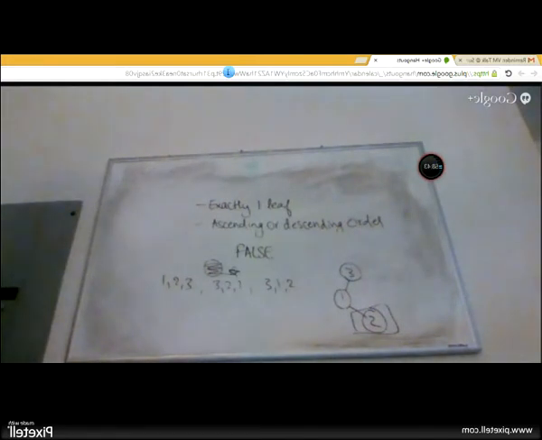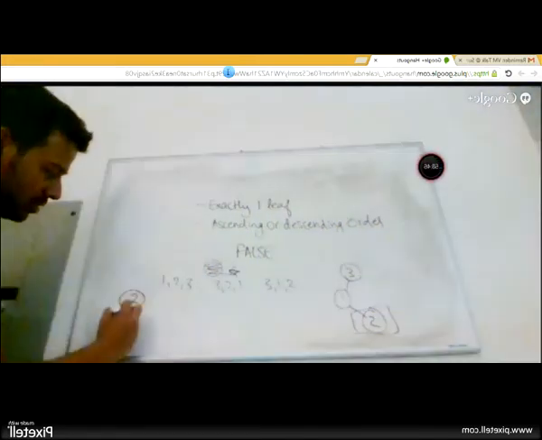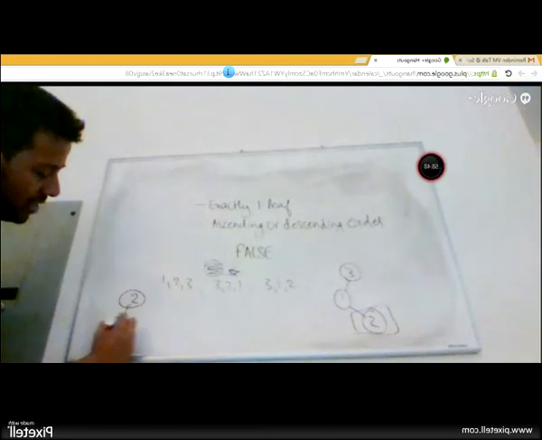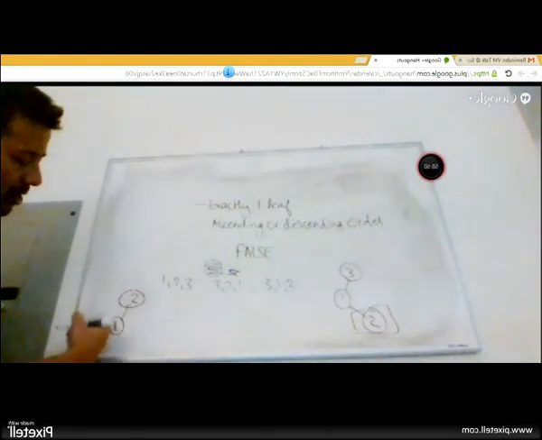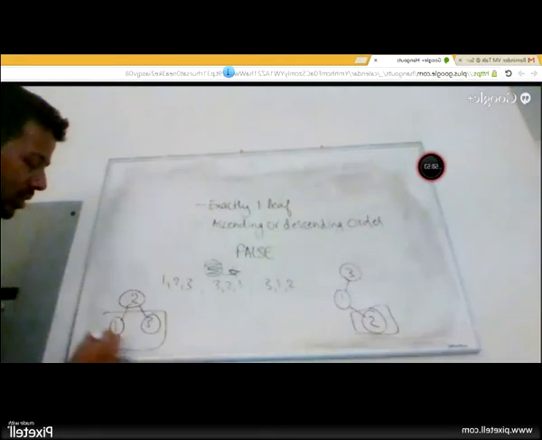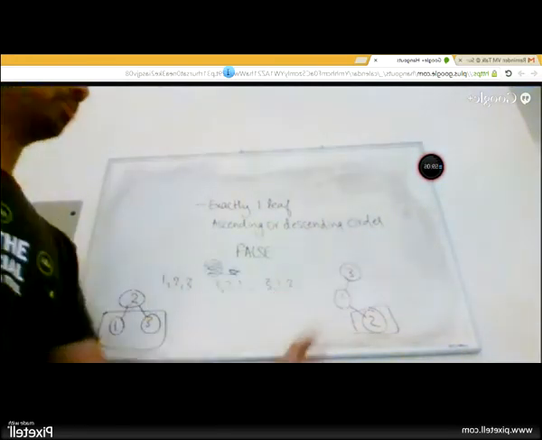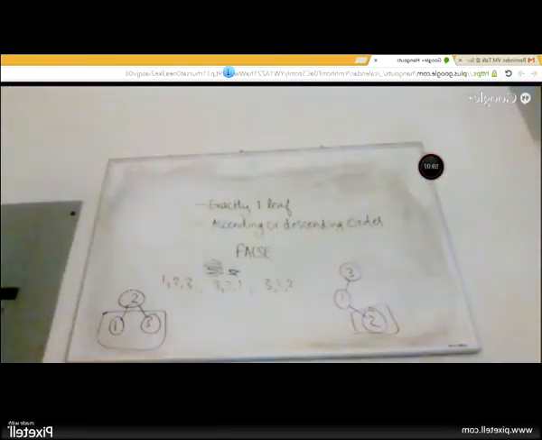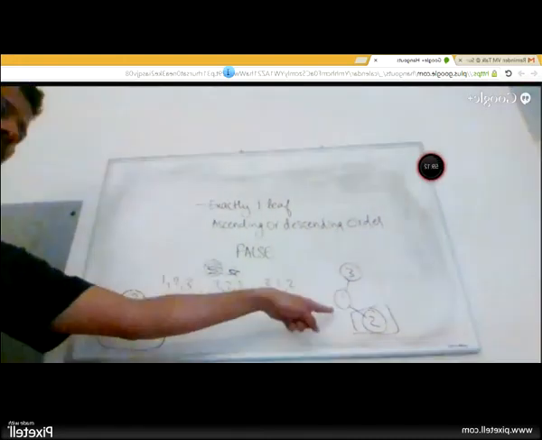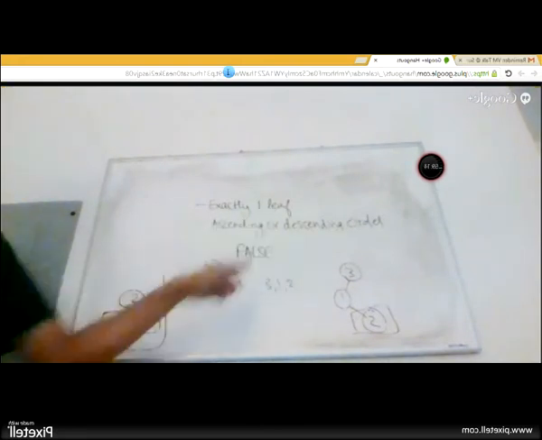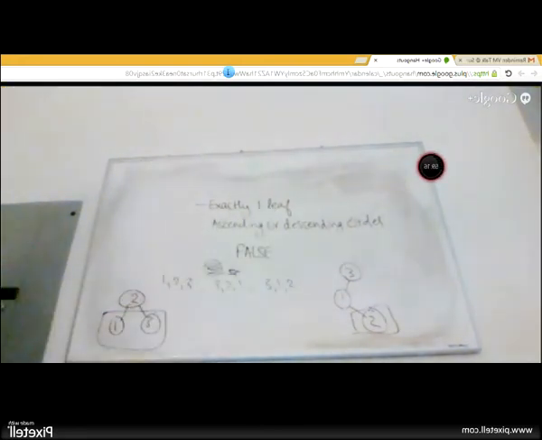2, 1, 3, sure. 2 is here. 2, 1, 3 is not really going to work because 2 is there, 1 is to the left and 3 goes to the right. So this has 2 leaves. Notice the very first element becomes the root. So you have to be careful to plan it out. But do you guys follow why this makes this claim false? Yeah. Okay.